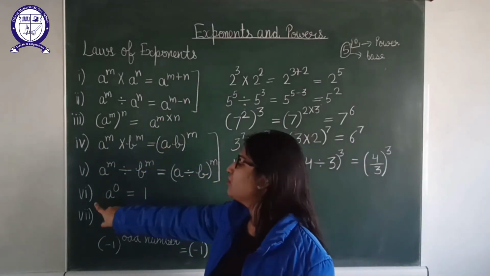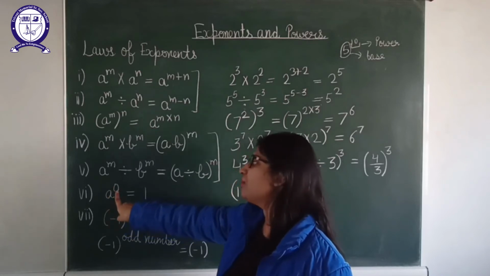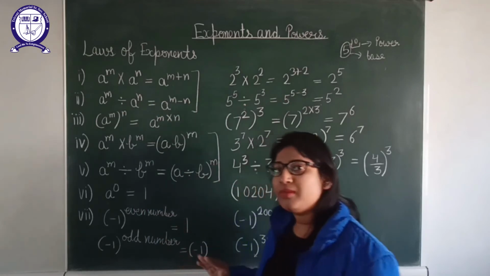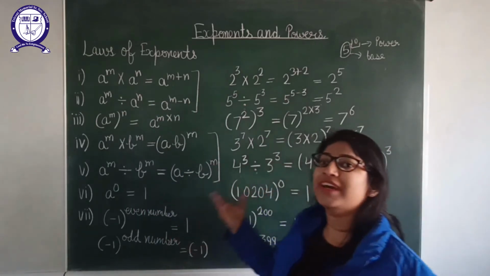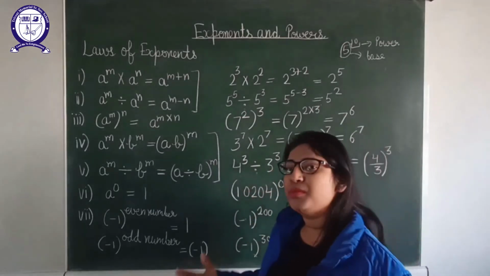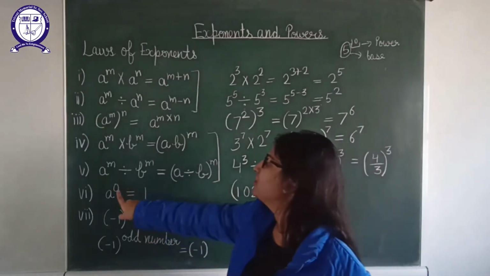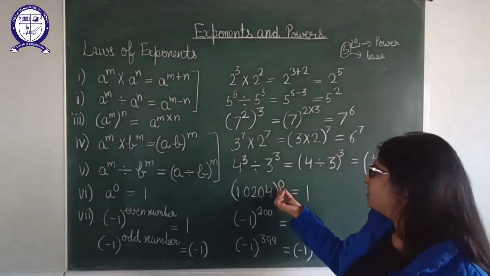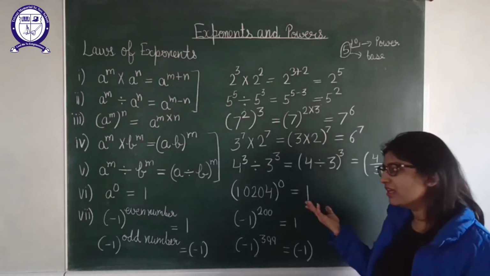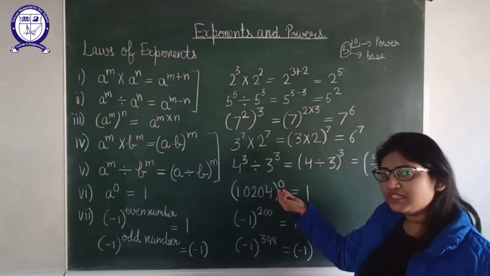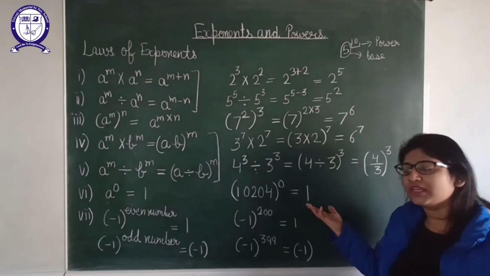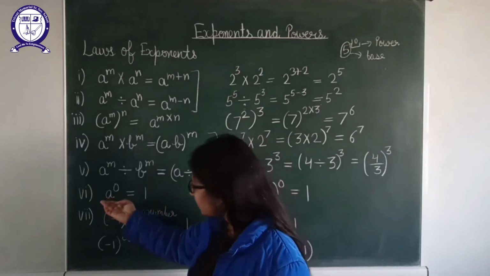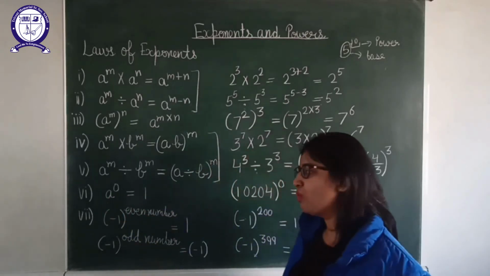Now one more law is there. When any number raised to the power 0 is there, it will always be equals to 1. Whatever the number is, whether it is a smaller number, a very greater number, any negative number, positive number, okay? But if there is power 0, you will not check what the number is. If the power is 0, you will write down 1. That's why here I have written a raised to the power 0 equals to 1. Base can be any number. If the power is 0, we will write down 1.